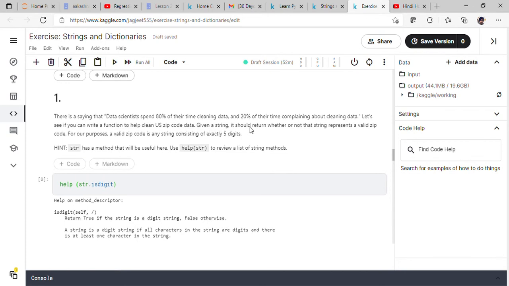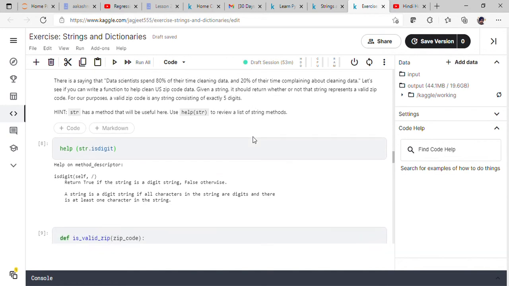Given a string, it should return whether or not that is representative of a valid zip code. For our purpose, a valid zip code is any string consisting of exactly five digits. Okay, so the pin code should be of 5 digits,